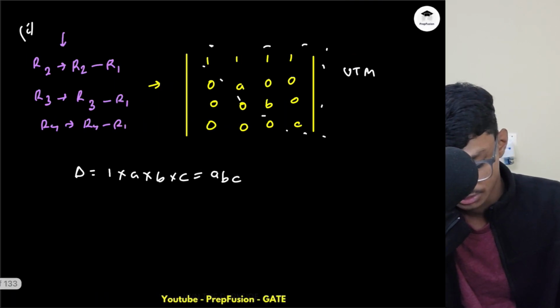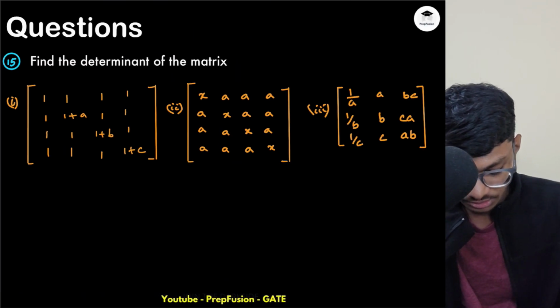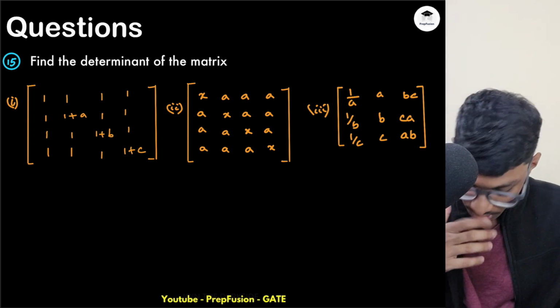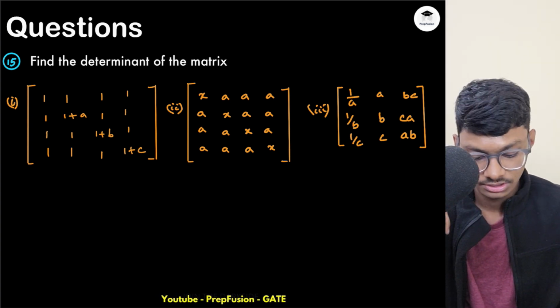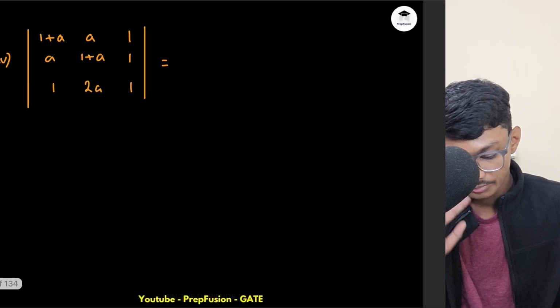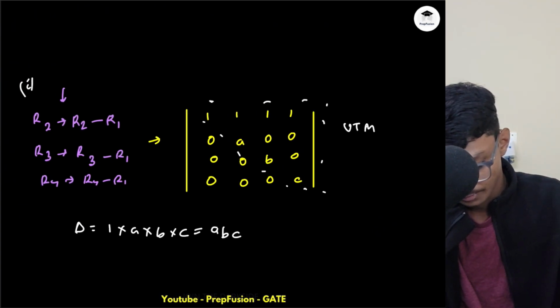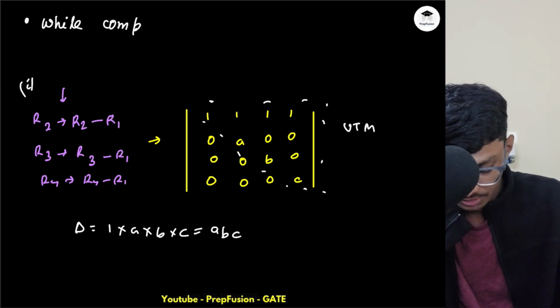Okay, let's solve the second question. For the second question, again your main priority should be to make a high number of zeros. But here what else? For making zeros, another priority is to try to make ones also, try to find ones also. So while computing determinant, what should be your aim? So I should write here, while computing determinant,